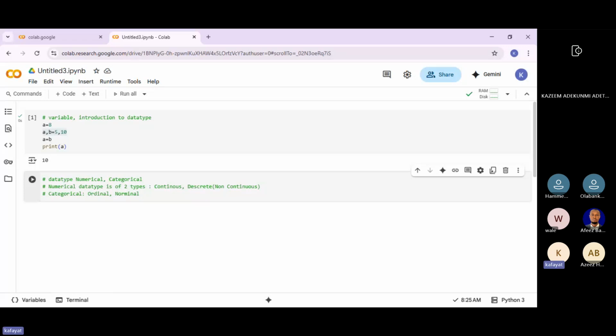When they say something is ordinal, from its name, this is telling you that it has order. These are categorical values that come with order.